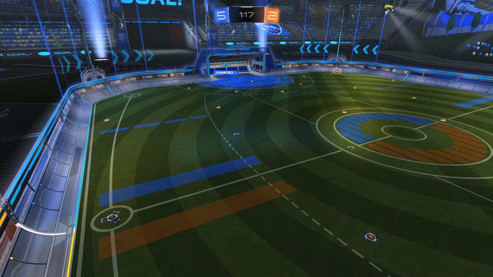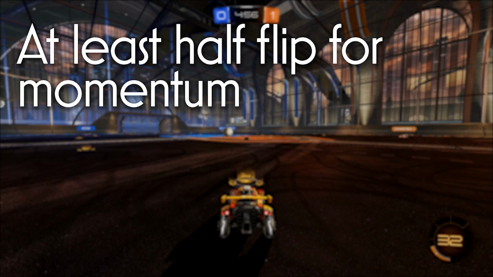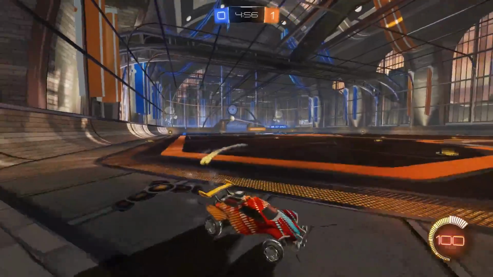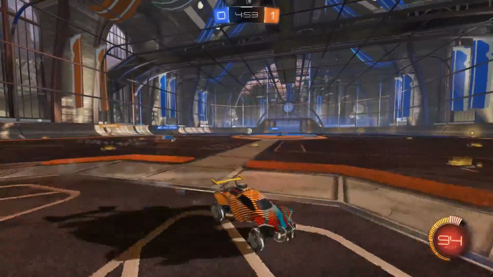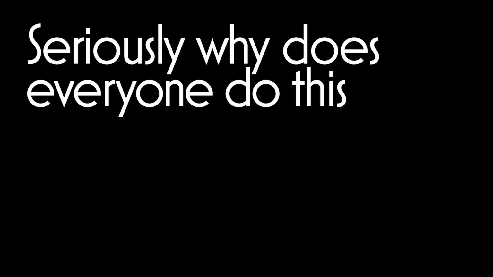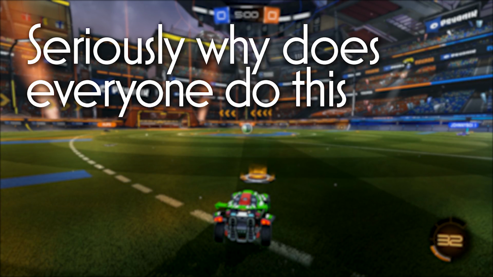I could have picked up 12, 24, 36, 48, so I could have been okay there, but I wouldn't be perfect. This is one situation where at least my teammate does go for a half flip, and he does turn the safe way, but being in the middle of the field would have put him in a better position for a contest. And notice that he also stole my boost again, and I've written on the screen here, seriously, why does